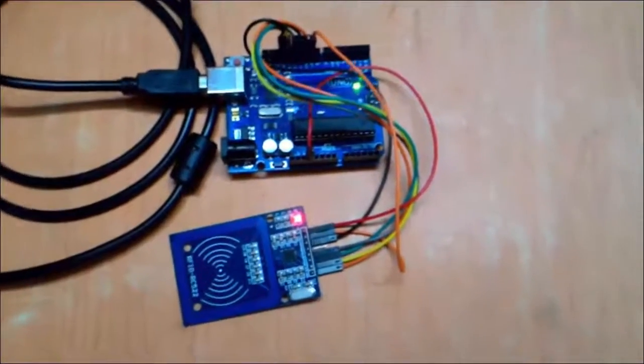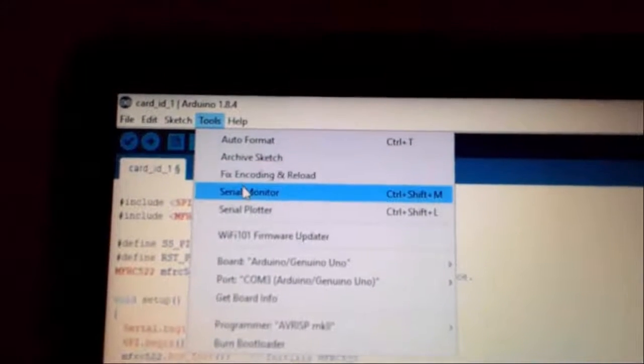Now we are going to open the serial monitor in the Arduino IDE using tools, and serial monitor. Now here it is showing approximate your card to reader. We are now going to use the RFID tags that we have.